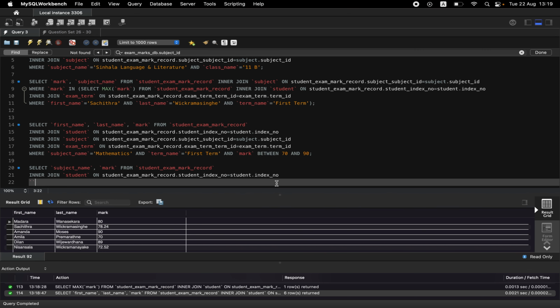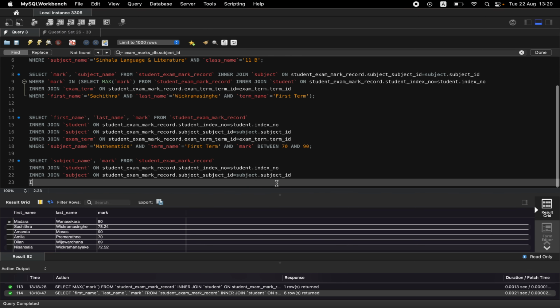We need the subject table as well. So subject on student exam mark record dot subject id is equal to subject dot subject id and inner join